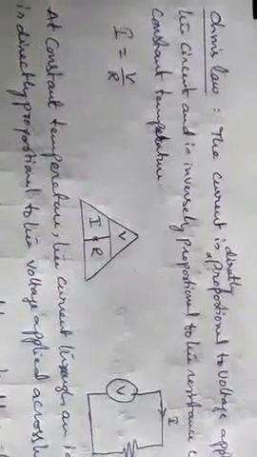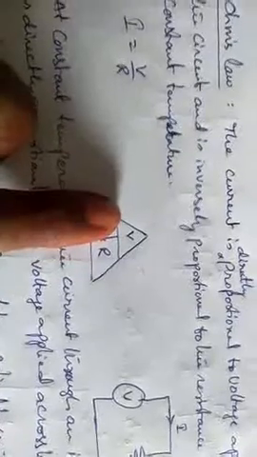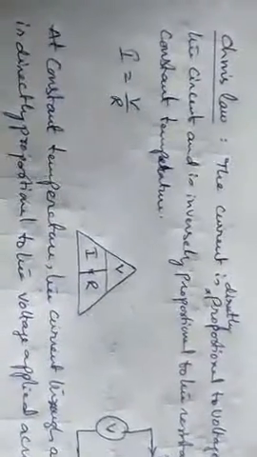The same thing for remembering, we are going to write an Ohm's law triangle, V in the upper and I and R below. Now if you want any parameter, that should be closed. When you close V, it is I into R. If you want I, you close I, then V by R. Or if you want R, V by I. So this will be the triangle to represent Ohm's law.